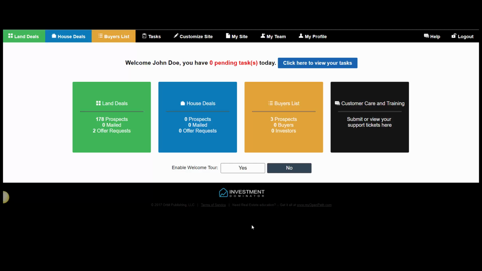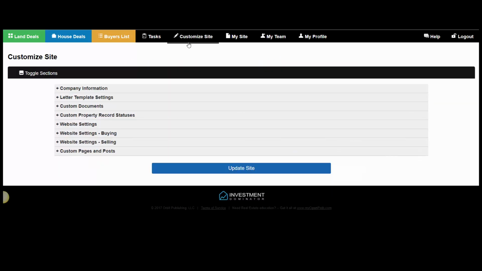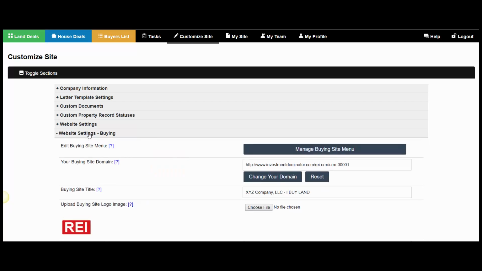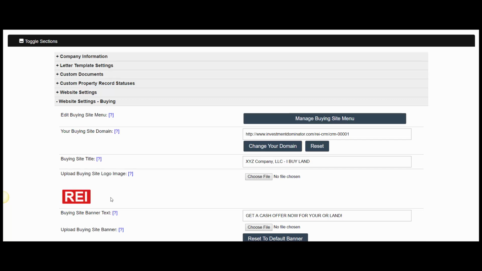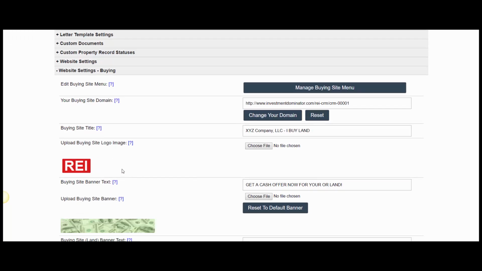In order to set your logo, you want to go under Customize Site, and then you can either choose Website Settings Buying for your buying site settings, or Website Settings Selling for your selling site settings. So in this case, I'm going to choose the buying site, and I'm going to upload a logo to the buying site. Now you can see here I already have a logo that is displaying already in this preview section,